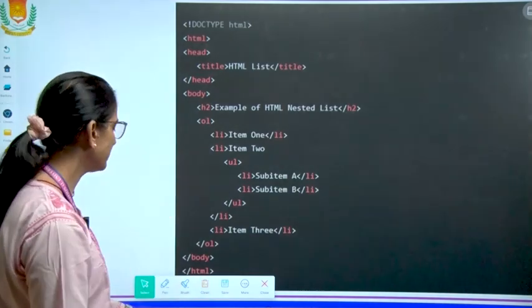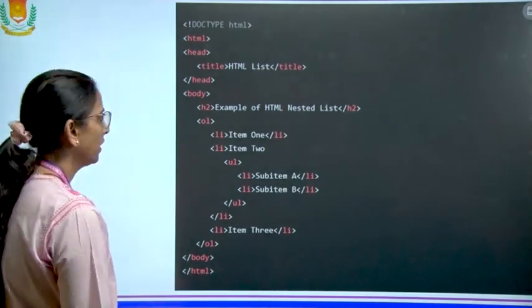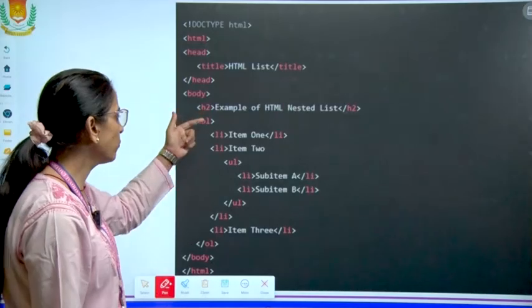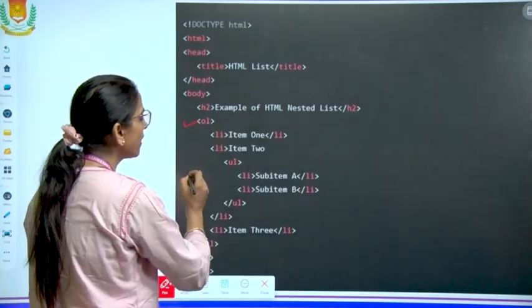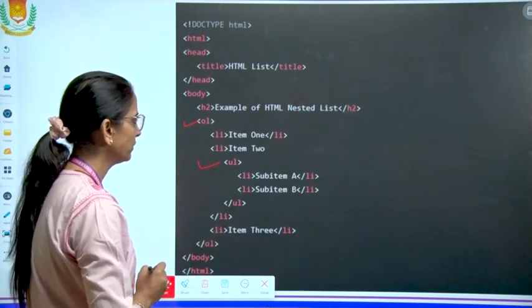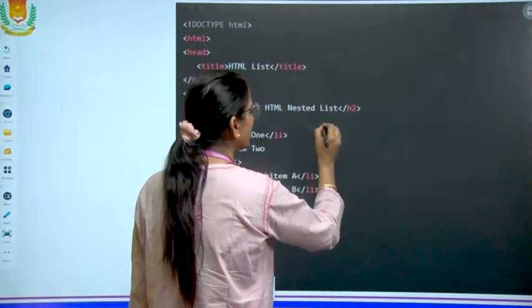This is the example for the nested list, a list within a list. In an ordered list, we have one unordered list. So it will be displayed like this.